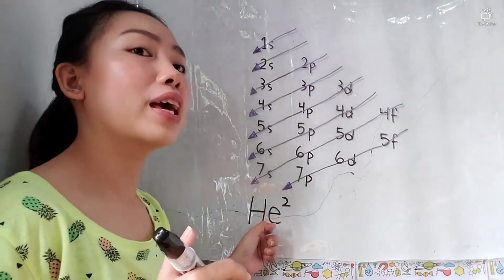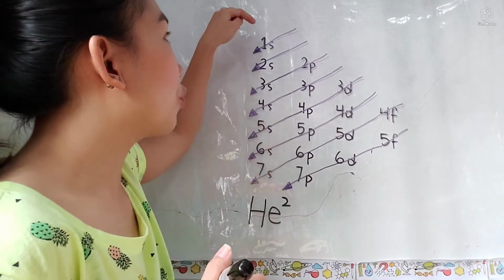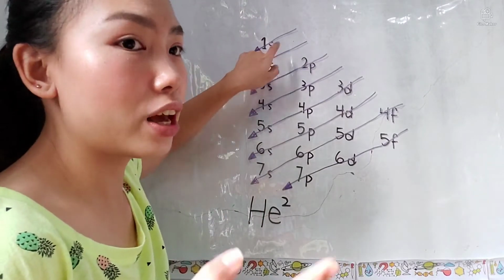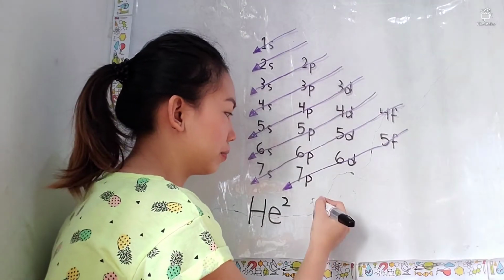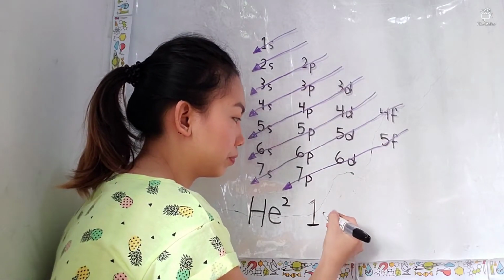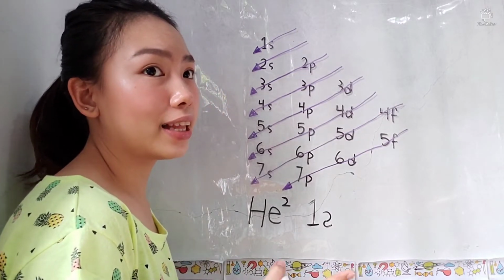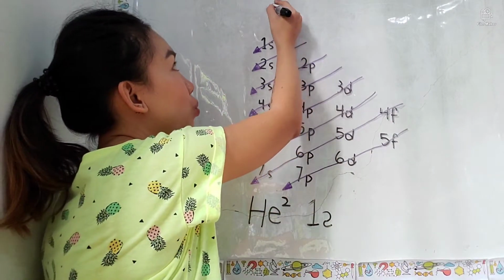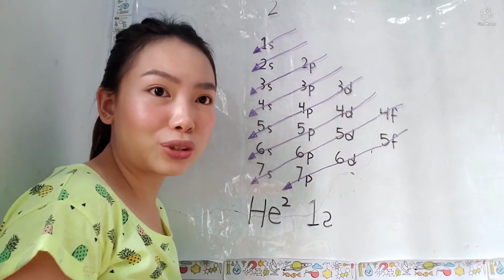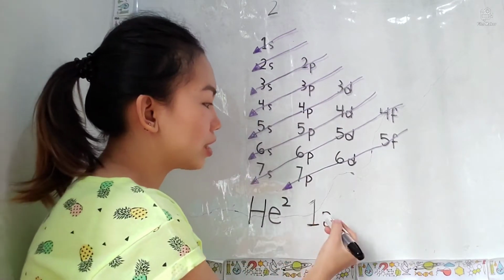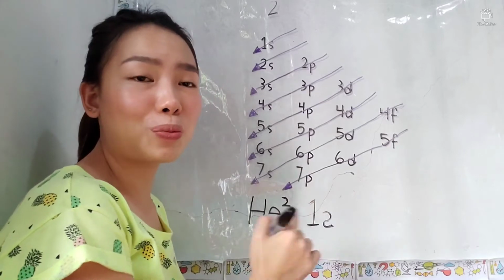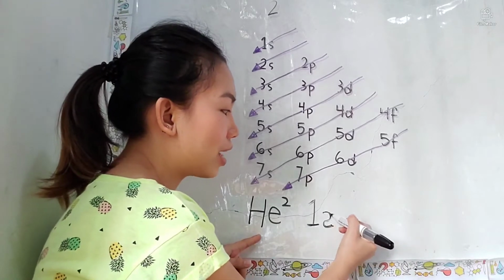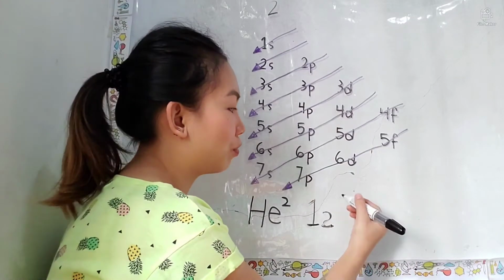Example, we have helium 2. So, the first electron configuration on our arrow is 1s. So, sulat mo dito si 1s. And then, again, how many number of electrons does an S can hold? An S could hold at least 2 electrons. So, mean to say, ang isang 1s is enough to make the electron configuration of helium 2. Since S has a superscript of 2,